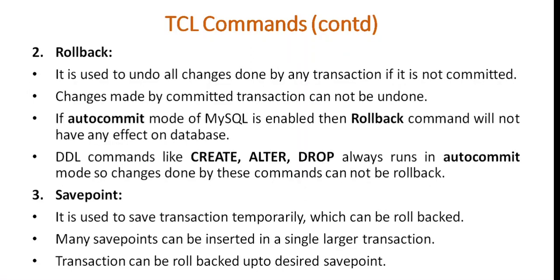So we will see these three commands, that is commit, rollback and savepoint, in a practical session along with this video. Okay, so in this video we have studied what a transaction is in a database management system, then ACID properties, that is atomicity, consistency, isolation and durability, and the transaction control language commands, that is commit, rollback and savepoint. Okay, so this is the theory part of transaction. Now we are going to see how to execute a transaction with commit, rollback and savepoint commands.